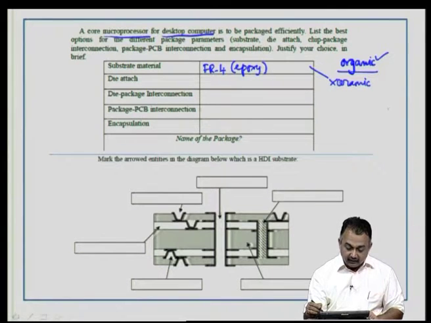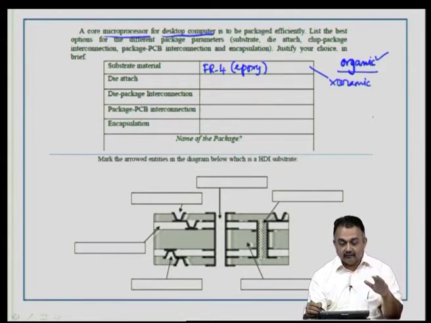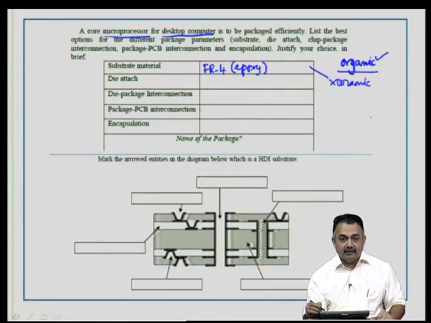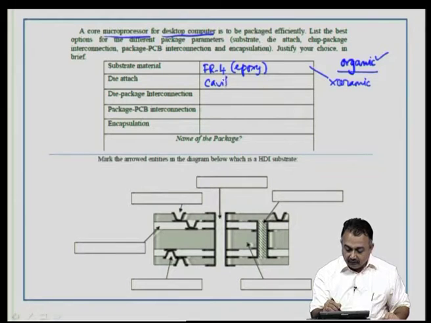Now, the die attach type, if you go in for a cavity up or a cavity down approach, you have to look at cost issues. Cavity up is much less expensive and easy to work with, because you can place it on the surface of the substrate, whereas the cavity down approach will require modifications in the substrate. So, you can go in for the cavity up approach.